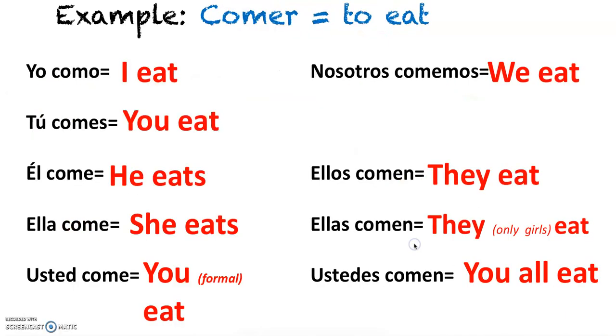Let's practice. Okay, so my example is to eat, and that is comer. So I chop off my ER, I'm left with com, and I add O, S, E, hemos, and N. So I have yo como is I eat, tú comes, you eat, él come, he eats, ella come, she eats, usted come, you formal eat,